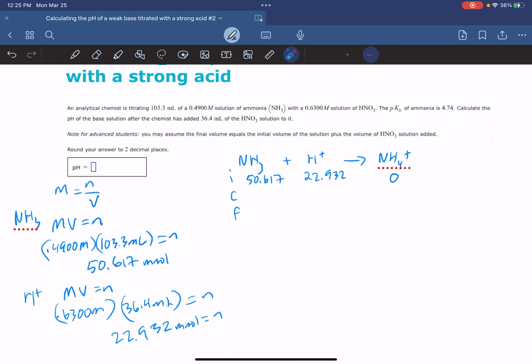It just so happens we have way less H+ than we do NH3, so the weak base is going to survive this. What's going to happen is we're going to lose all of the acid that we're titrating with right here. We're going to subtract this over here, and we're going to add it over here, because remember, this is part of our overall equation. Now, when we do the subtraction here, we're going to end up with